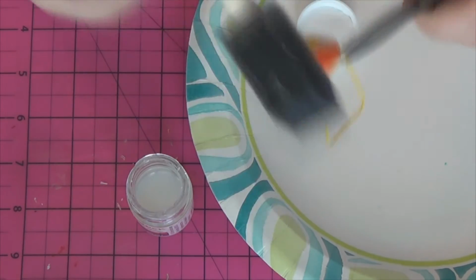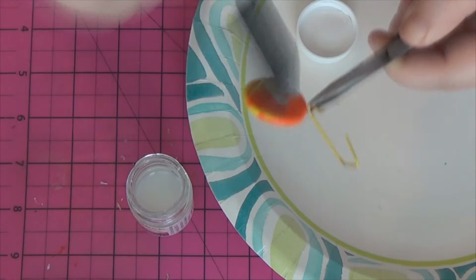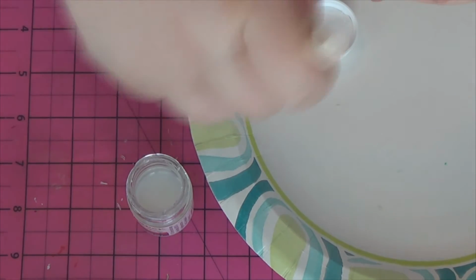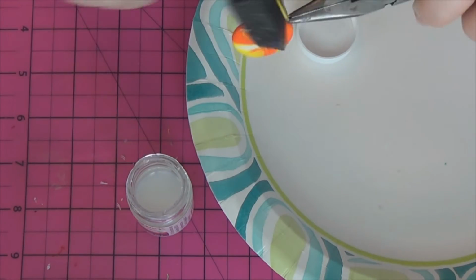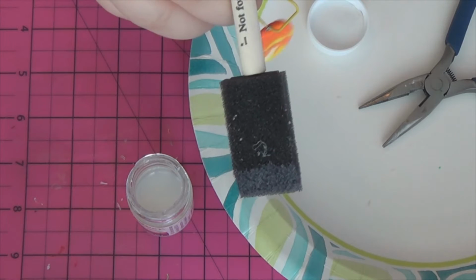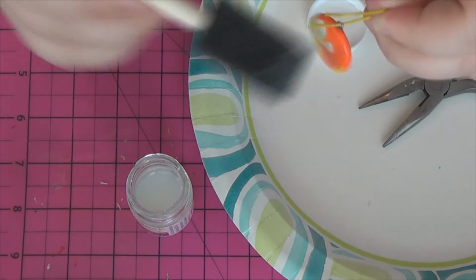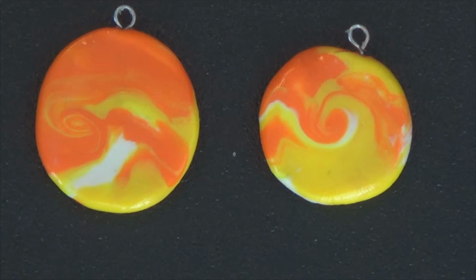So I pretty much just glazed all of them twice, made sure I had a good layer on, and obviously I let them dry in between layers. And I also make sure I put a lot of glaze around the eye pin just so that it doesn't come off in the process. And if I master this technique because I love it so much, who knows, they might end up on my Etsy shop. So you can see where they have been glazed twice now, and you can definitely tell how different